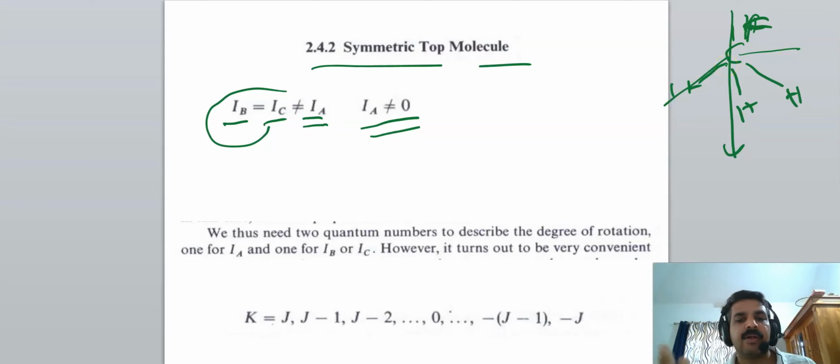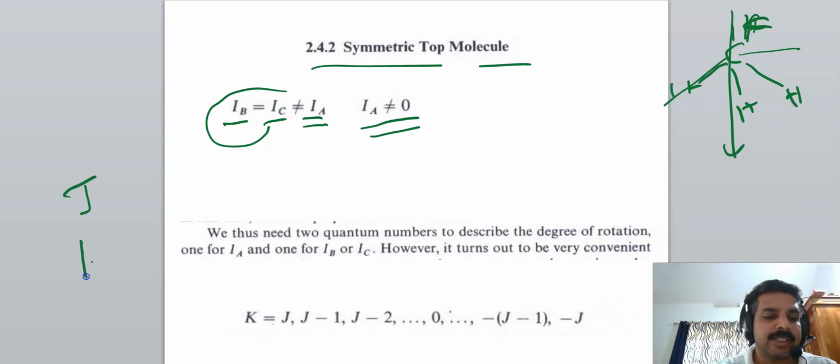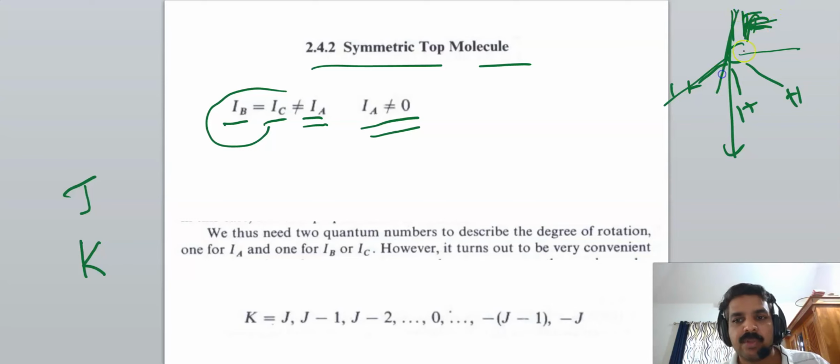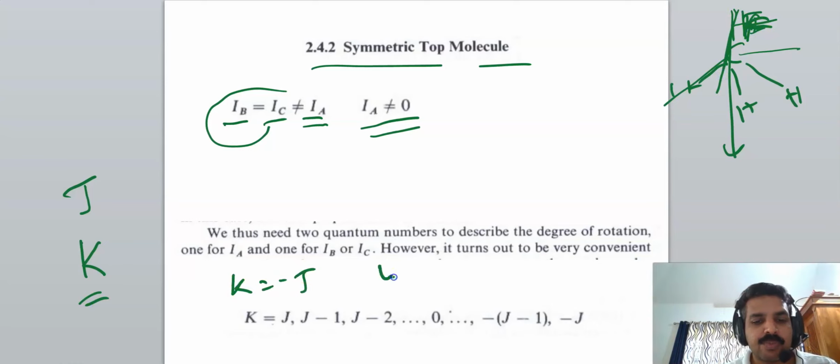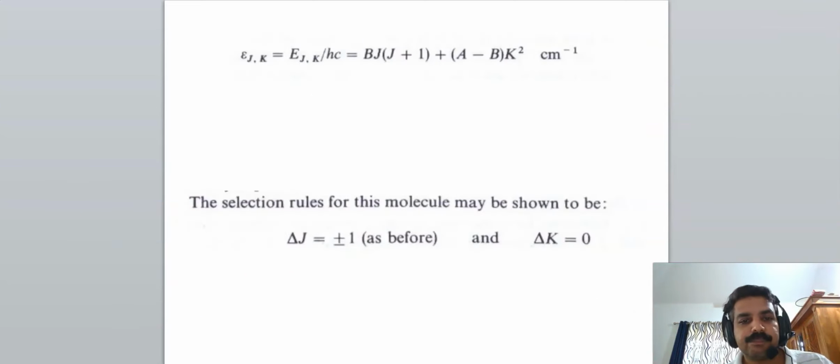It is convenient to take one quantum number as the total angular momentum quantum number, and that is J. Another quantum number is K, the quantum number for rotation about the CF axis. The value of K ranges from minus J to plus J, that is, the total number of K values is 2J plus 1. And by solving the Schrodinger equation, we get epsilon JK,